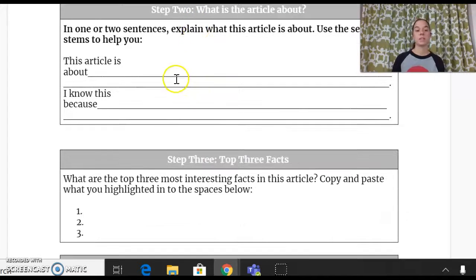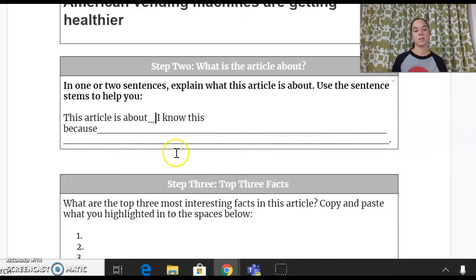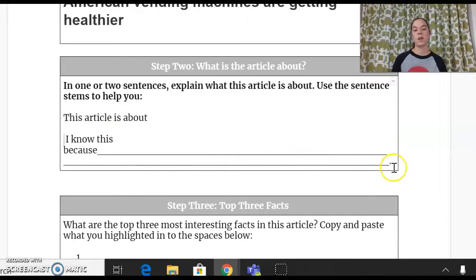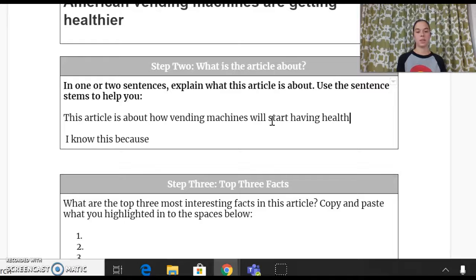Step 2, what is this article about? Use the sentence stems to help you. So here there are 2 sentence stems ready to go. I'm going to delete the lines because I like to type without those. But it's asking me, I know this article is about, and I know this because. So this article is about how vending machines will start having healthy food